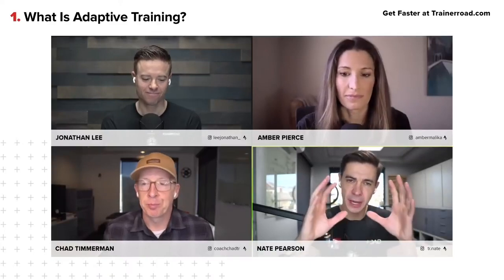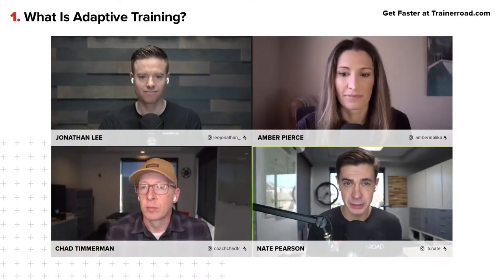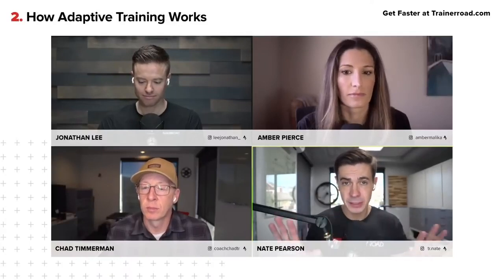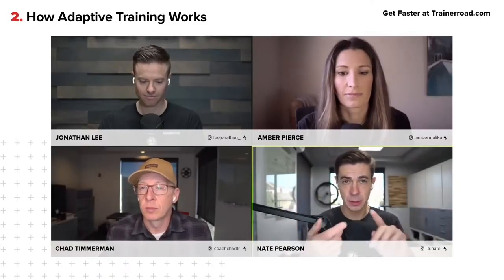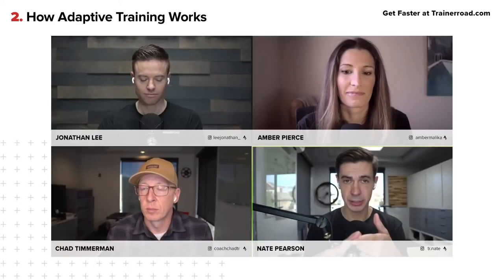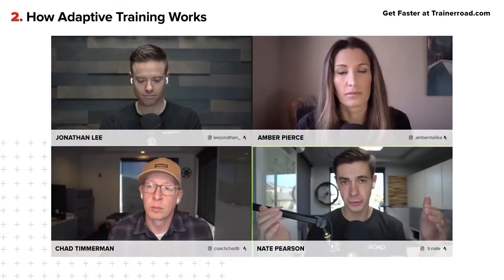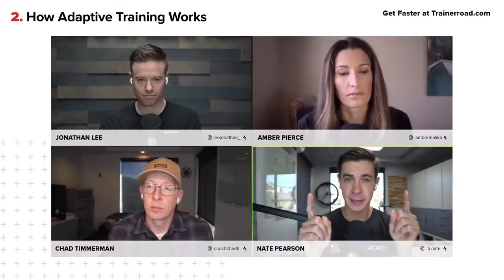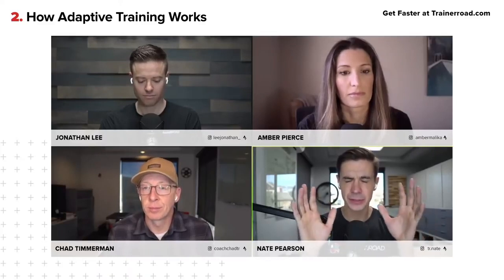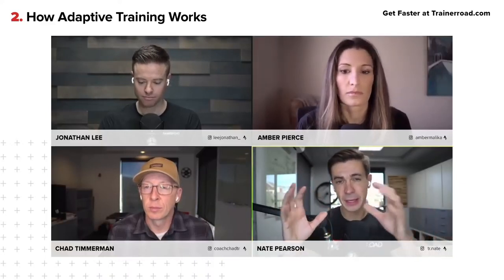So the core of adaptive training is built around the idea of progressions, and this is a progression per energy system. One thing you may have seen in that launch video is we are breaking out sprint, anaerobic, VO2, threshold, sweet spot, tempo, endurance. Those are all now their own measured energy systems with their own progressions. But you don't have to test them, because we think testing has its own inaccuracies. That's why we developed the ramp test rather than a 20-minute or 8-minute test.